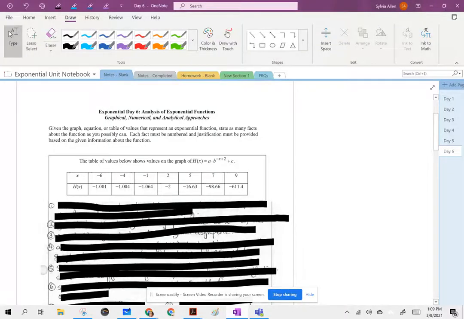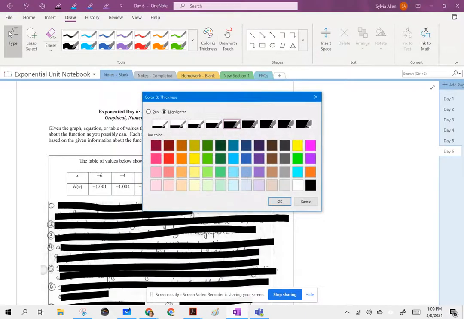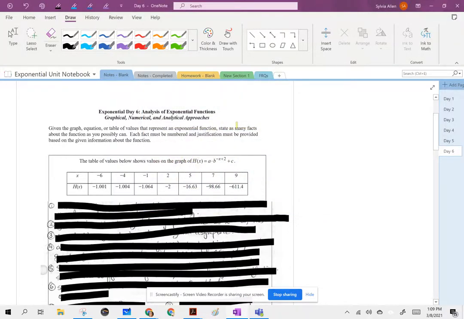Okay, so we're going to talk about now analyzing these exponential functions. Specifically, we're going to be given a table, a graph, an equation, and the idea is for you to come up with as many facts about the function as you possibly can. Each fact, you need to number it and then give a justification in this